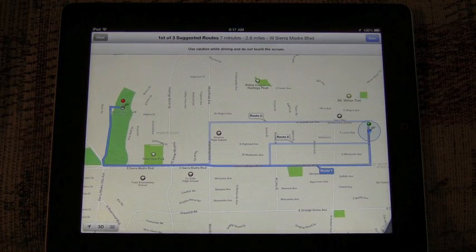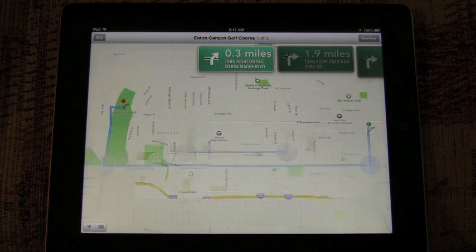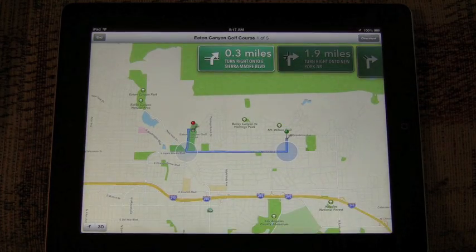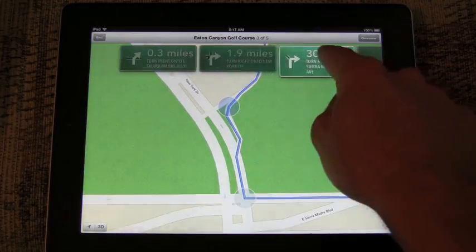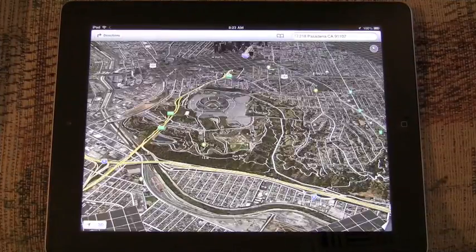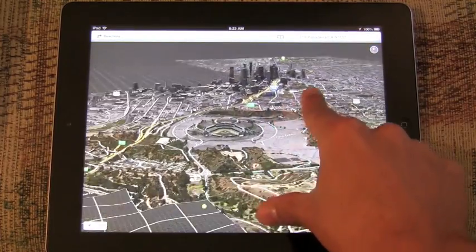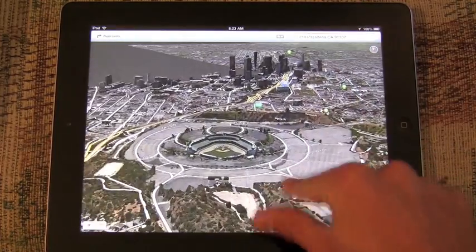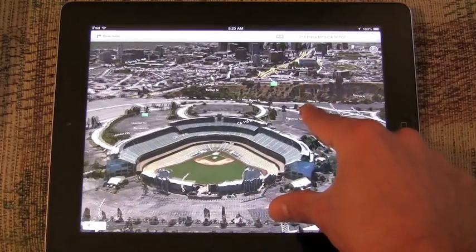Again, you're given the option of 3 different routes to choose from, but the difference is that when you begin route guidance, Siri's voice doesn't pop up. Siri is on the new iPad, but not for turn-by-turn navigation. Instead, you use a digital display, as you can see at the top of the screen, flipping between the different signs. Now we'll jump back into 3D flyover mode and fly right over Dodger Stadium, which then heads us right